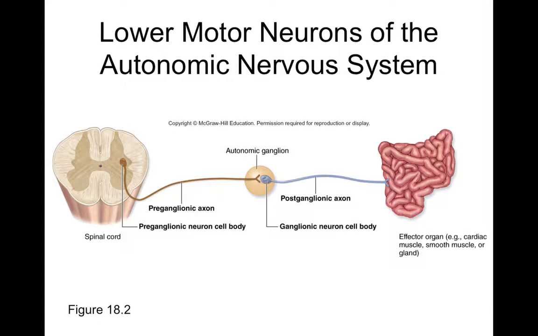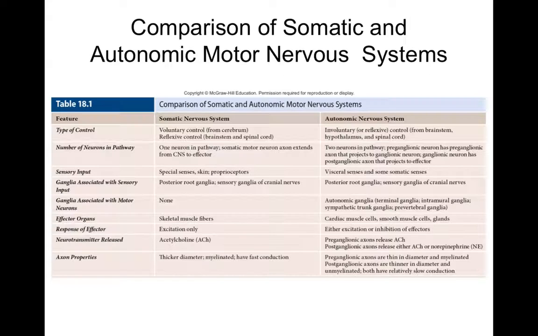Either in the lateral horns of the spinal cord or somewhere in the brain. Somewhere in the brain, exactly. And then where do we always find the post-ganglionic neuron? Outside of the spinal cord. Yeah, in a ganglia, somewhere outside of the spinal cord, right? Now, the ganglia can either be close to the spinal cord or it could be actually on or in an organ. Okay, so just keep that in mind.